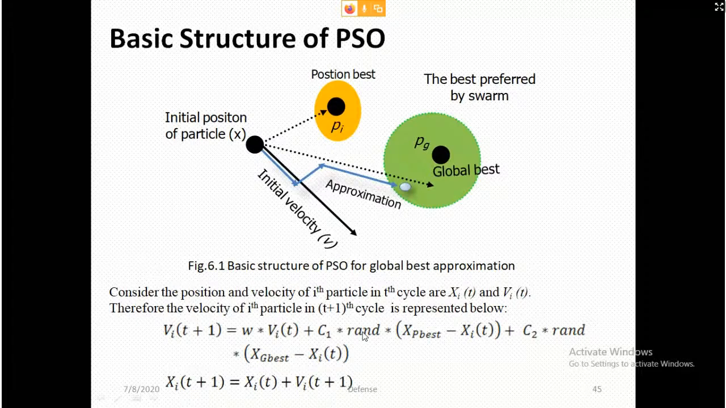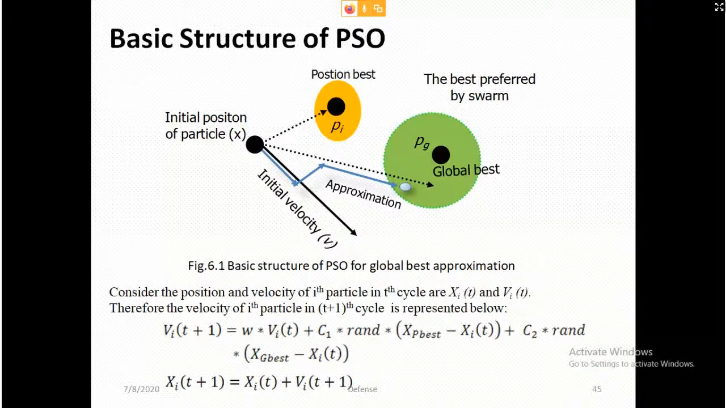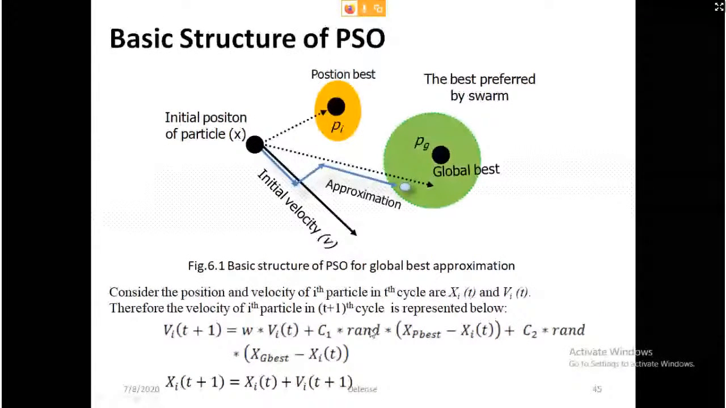Suppose the problem is too complicated, then we have to use this parameter, which can be varied from 0 to 1. If the problem is so simple, then we can simply set these random values as 1. So now, from this figure, what we got is that